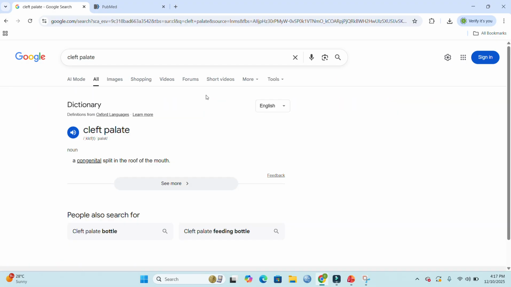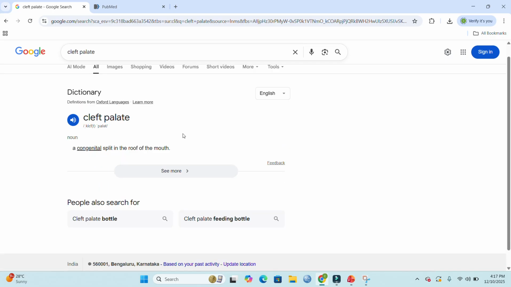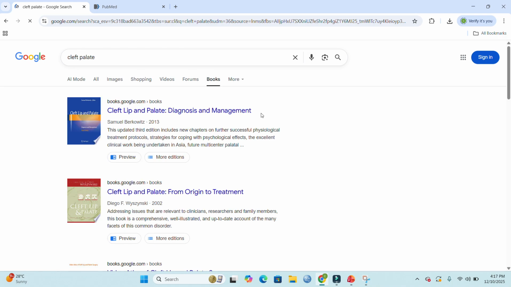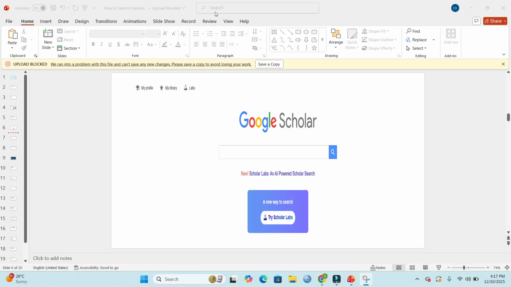You can even search for books. Here you can go to more and you can search for books related to cleft palate. Moving on to our next search engine, that is Google Scholar. You can use this Google Scholar